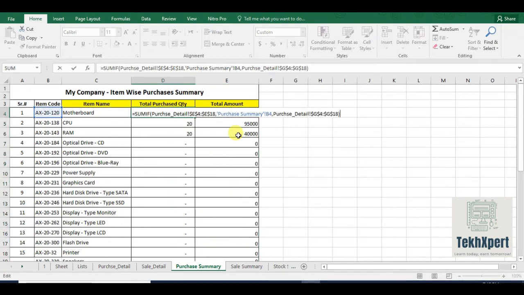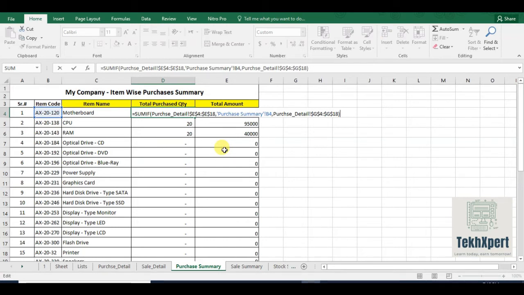Here you can see that I have used fixed ranges, fixed from E4 to E18. So if anything is added into the purchase detail after E18 or G18, will it work? No, it will not work, and you have to modify the formulas in every sheet.